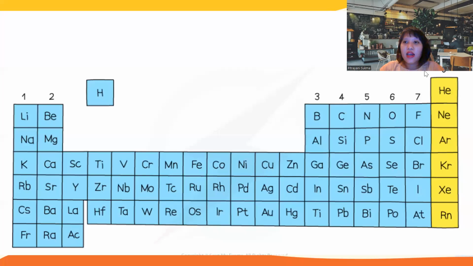As we can see in here, the noble gases fill group 0 or group 8 in the periodic table, which are helium, neon, argon, and krypton. These are the noble gases. Noble gases are very unreactive because they are very stable. Why are they very stable? Because the valence shell, which is the last shell that they have, is already filled with electrons. The valence shell is already full. Because it is full, they are unreactive, so they do not easily react with other materials or other elements.